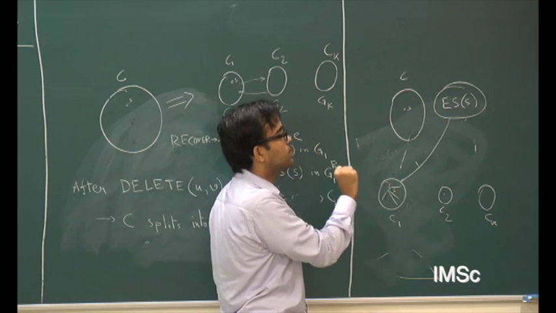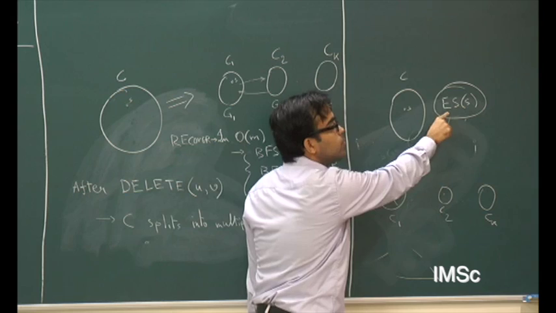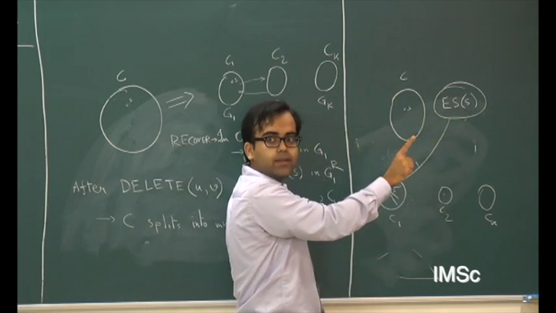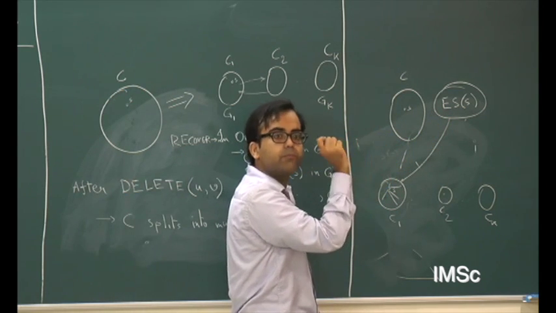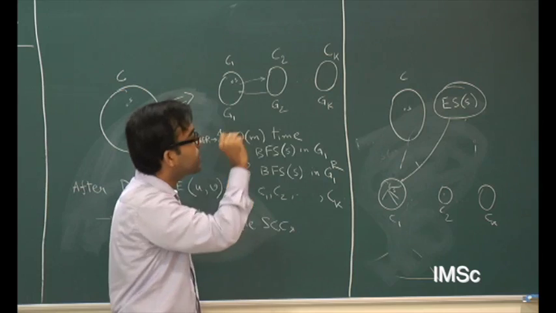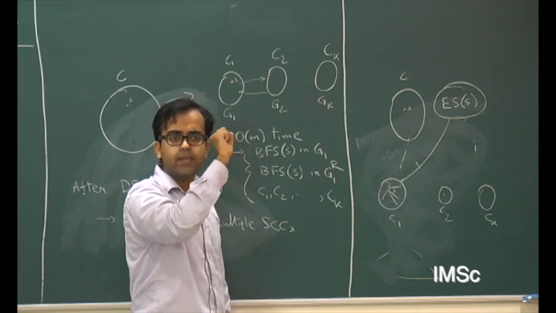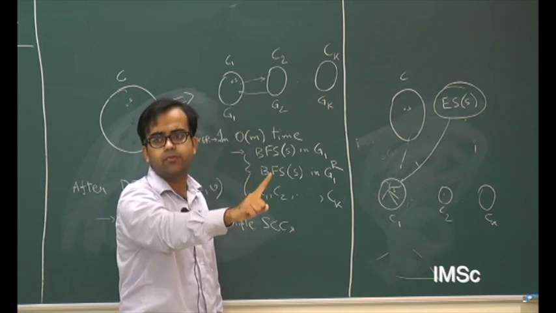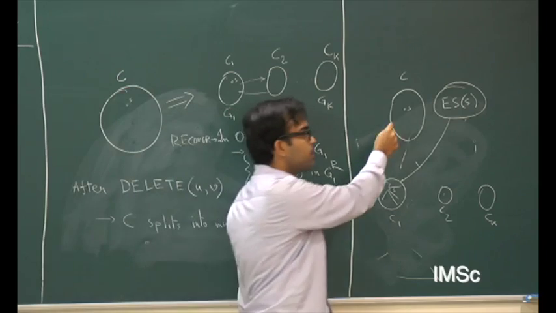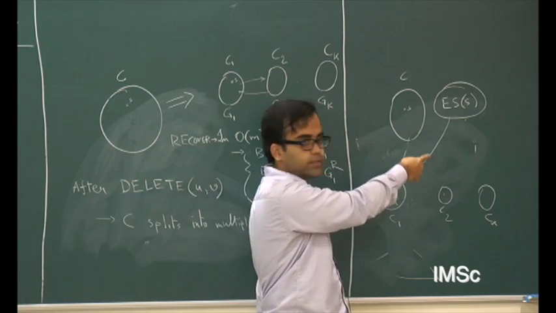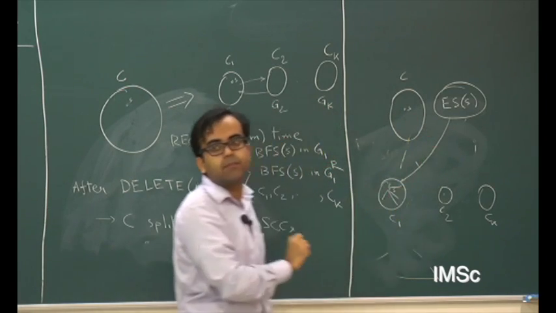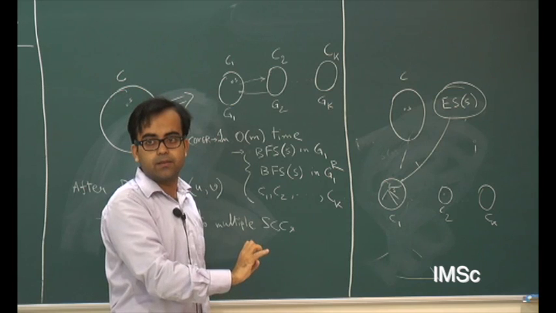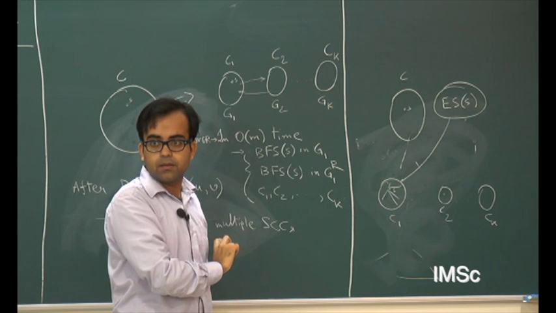All I said was just look at the two Even-Shiloach trees we are maintaining with respect to a particular source. Each Even-Shiloach tree is identified by its source. For each source we are maintaining exactly two Even-Shiloach trees. Just pick any source, look at these two trees, how much time we are spending on them. I just said that was mn. We are not saying anything about the time taken for deleting